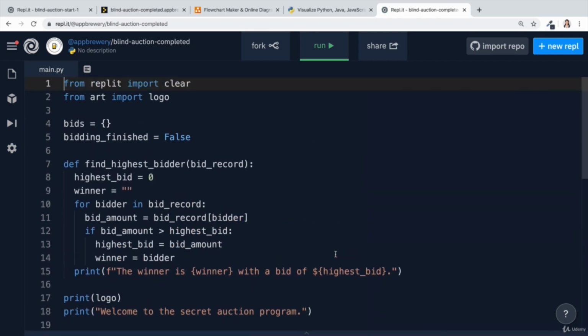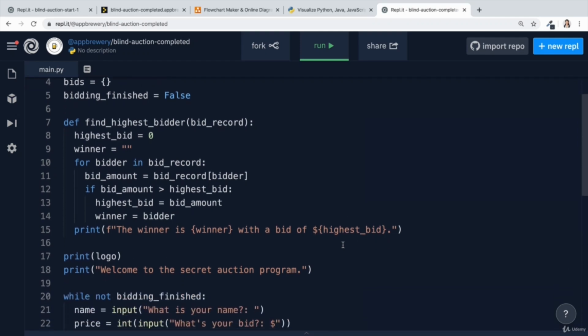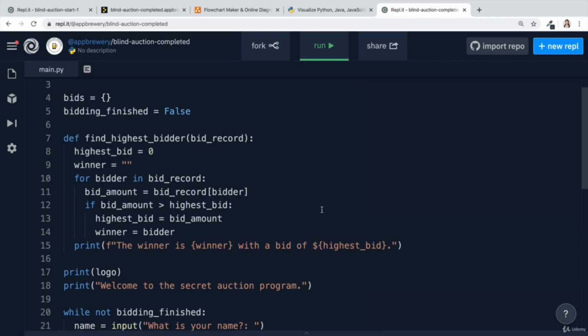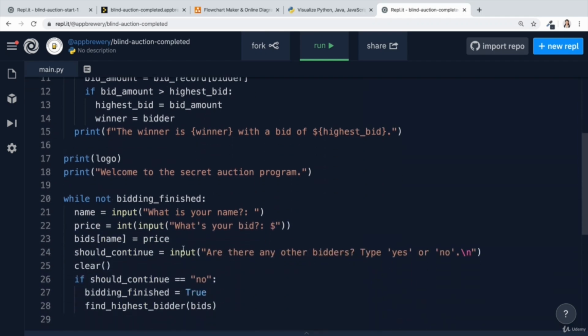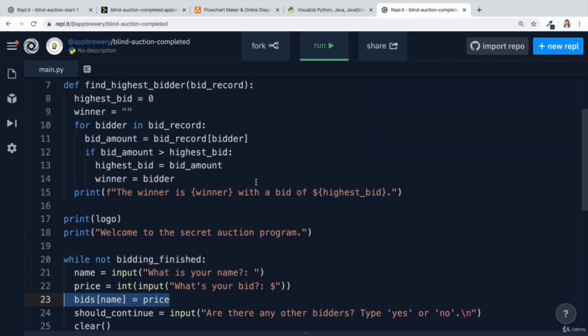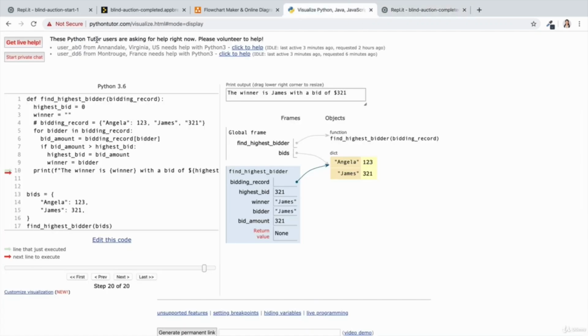But it's important that you've absorbed the knowledge in today's lessons. And the most important of which is this concept of dictionaries, adding to dictionaries, and also looping through dictionaries. So have a look through the completed code and also have a play around with Python Tutor, which is a really great